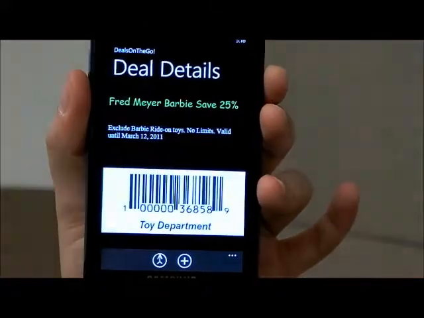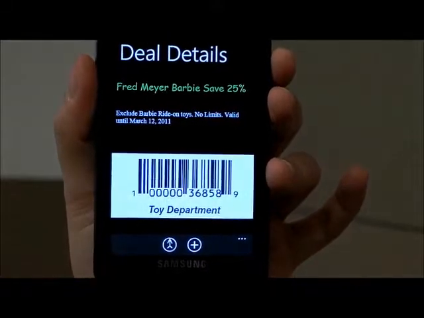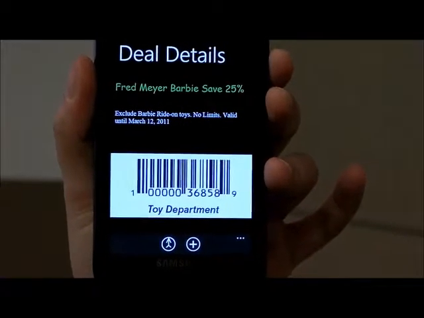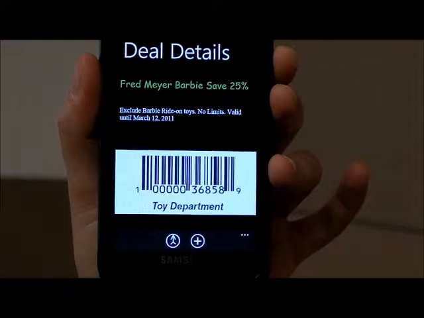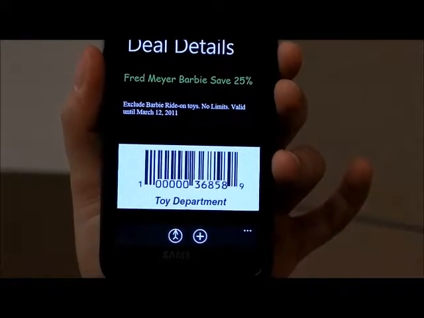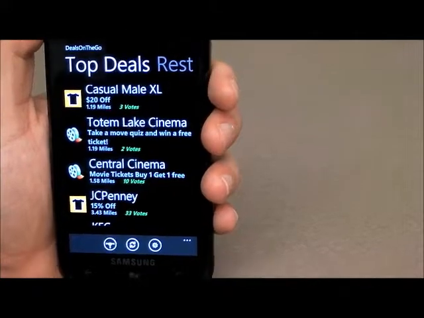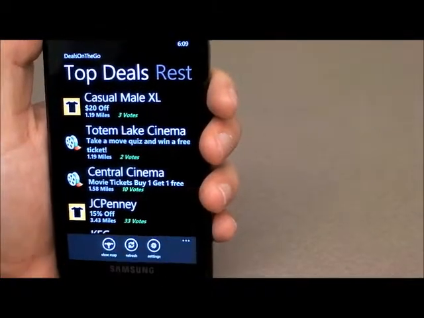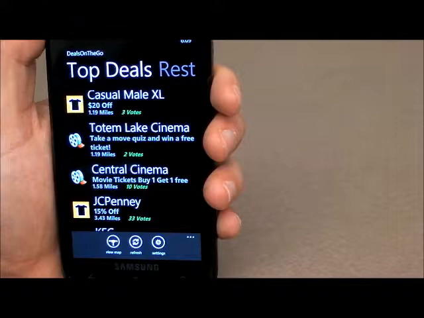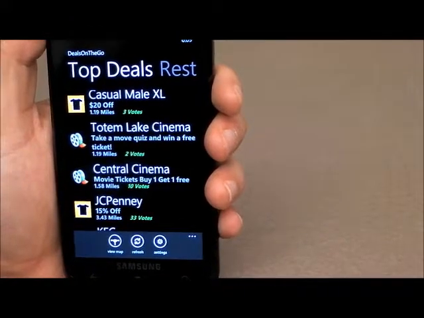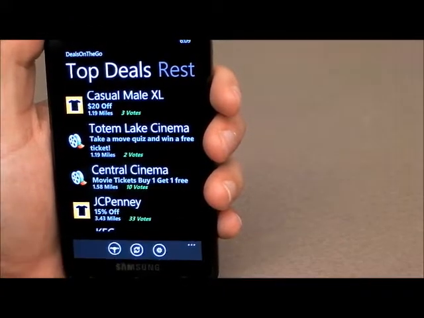So for example, if we tap on the Fred Meyer, it shows the barcode corresponding to the deal, so you can just show up at the store and show this at the counter and get it scanned to avail the deal. If you look close to the bottom, there is an application bar with a set of actions that you can take, and there is a view map action, tapping on which you can see the deals in a map